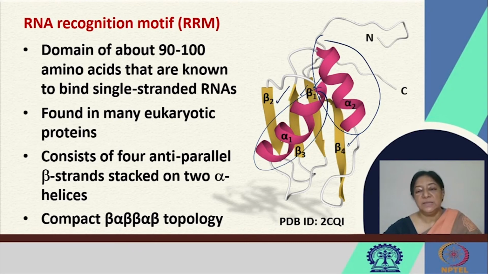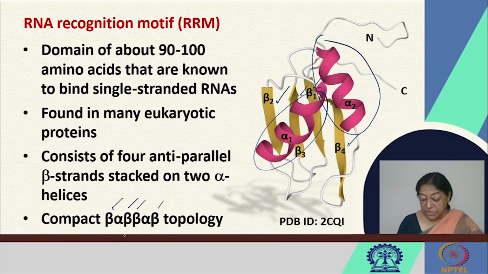So these are the N and the C terminals, and these are marked with the specific strands that we can see. So there are 4 strands of the beta sheet, anti-parallel in nature, that has beta 1 followed by an alpha, followed by 2 beta, an alpha, and then another beta in the specific topology